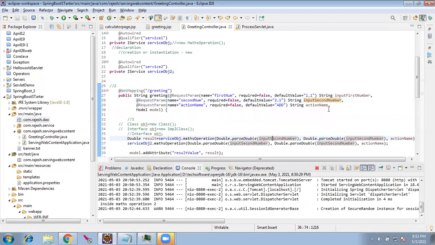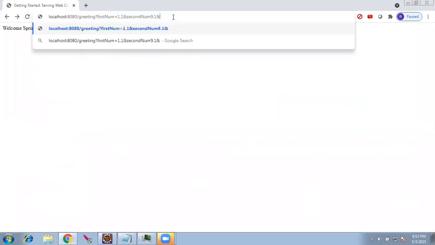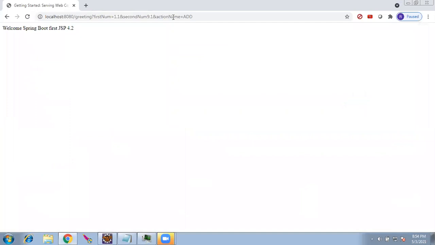And action name equal to act. Let's see what happens. What happened?